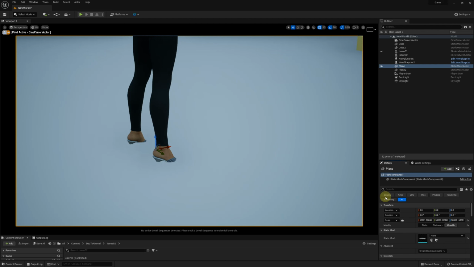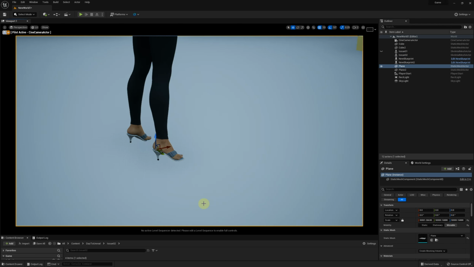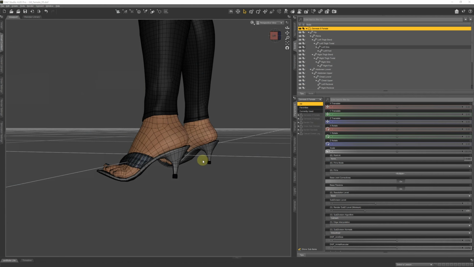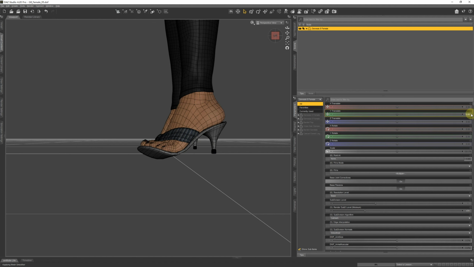Hide the grid and reset the ground plane location. Select the character and move it to stand on the ground. Let's use 5. Switch back to DAZ. The foot is also on the ground in DAZ. Select the character. Set Y Translate to 5 and lock it. Send to Unreal.